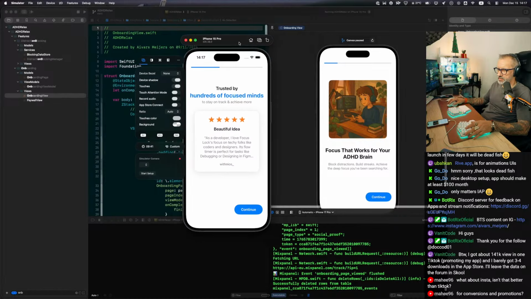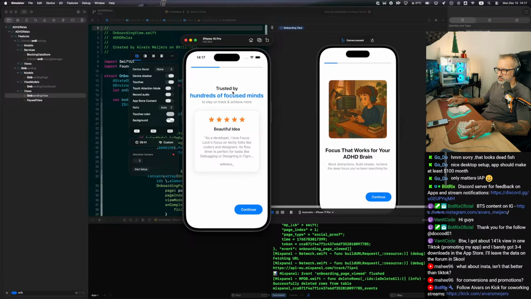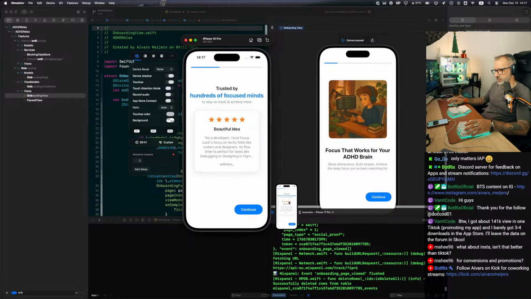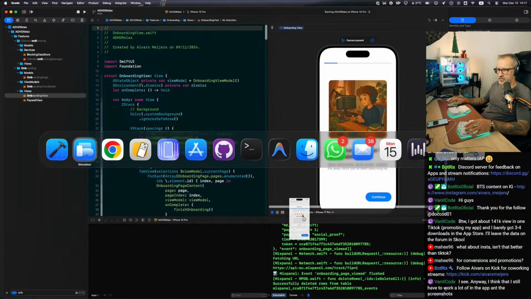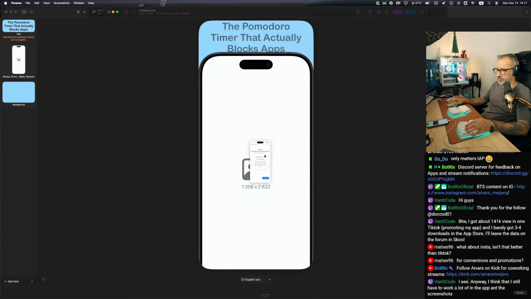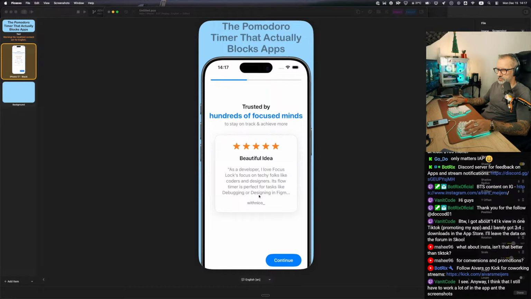I think this screen could be. I think we could drop that here. For conversions and promotions, yes. Yes, I think